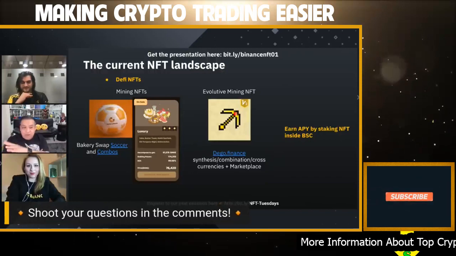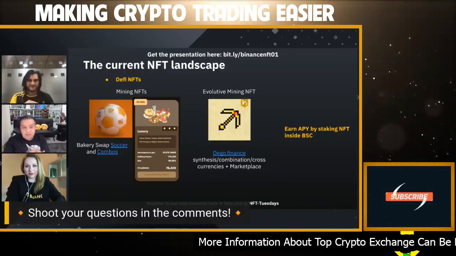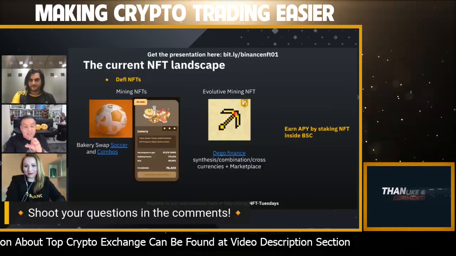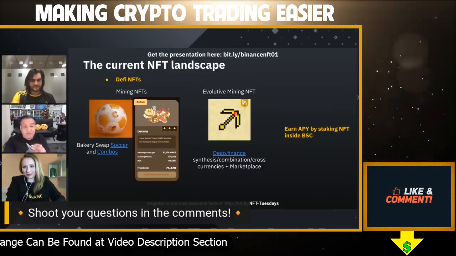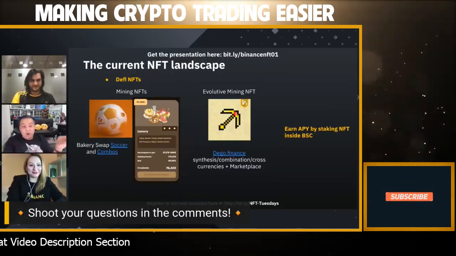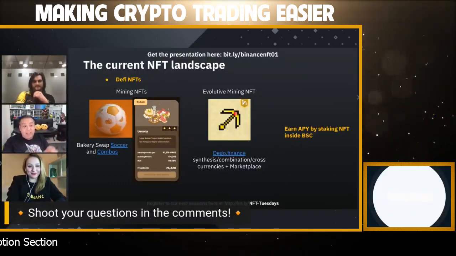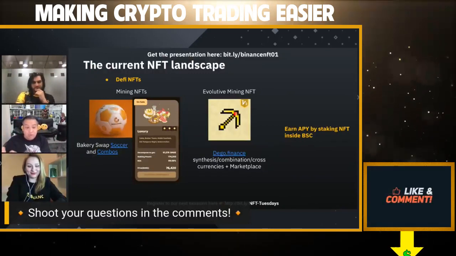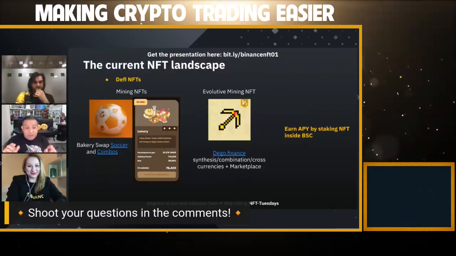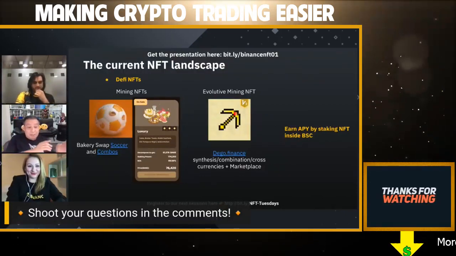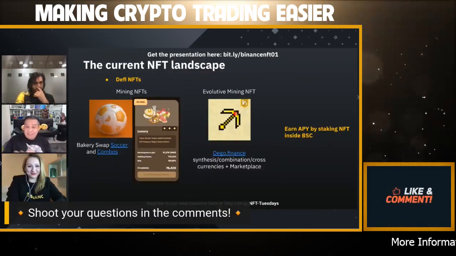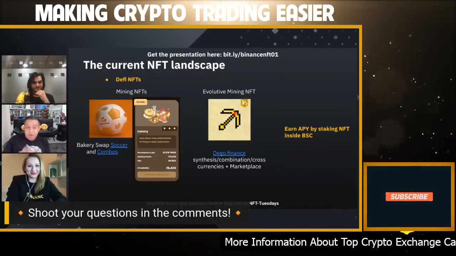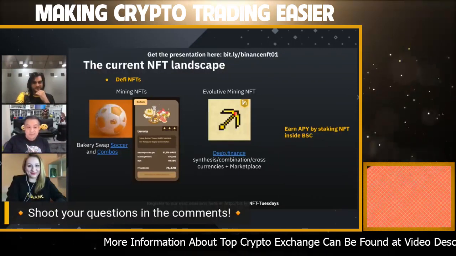And NFTs, one thing to mention, are not just cards or games. These could be ownership of Twitter-type accounts. These could be rights to certain things in the physical world. They could be tokenized abstractions of other things that you can buy or earn with a right to something. People are making NFTs on raw diamonds, where you buy a right to them, and as they polish, they go up in price, and people's valuation of the NFT goes up. So there are going to be all sorts of applications for this, not just games, but lots of physical world use cases.